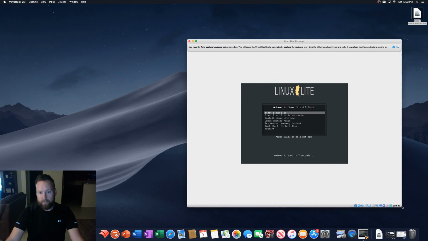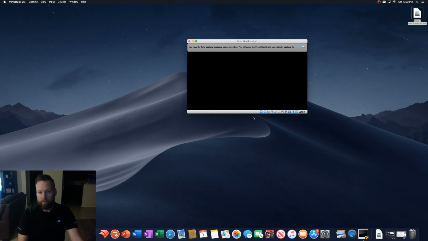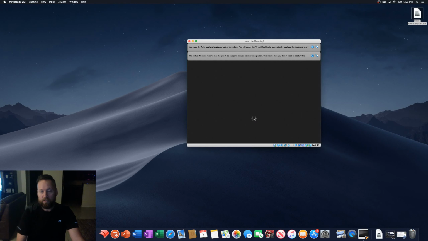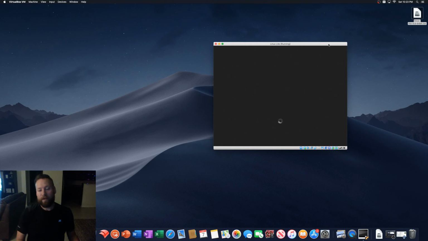And what do we have here? Start Linux Lite or install Linux Lite. I think we should install it. I was going to say we would probably get better performance, but it's not even running on a CD anyway, so it's probably going to be about the same. We'll go through the install process and actually install this, or pretend like this is a real install on something